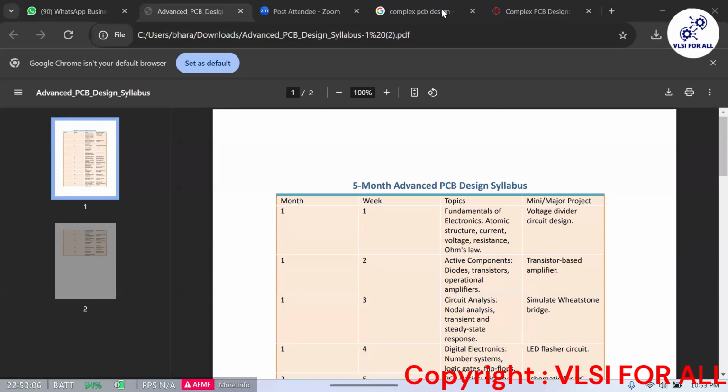What about the future, sir, for an experienced candidate? What about the salary packages for this PCB design? See, candidate, PCB design is one of the most lucrative topics across the engineering industry, because each and every industry working in technology and electronics requires PCBs. You have seen PCBs throughout your home. If you open any gadget, you will see PCBs, green, black, red, blue.